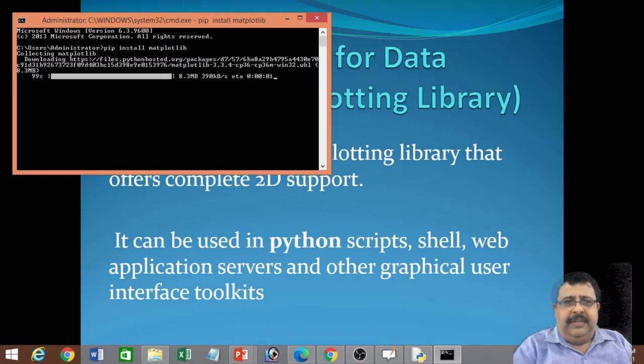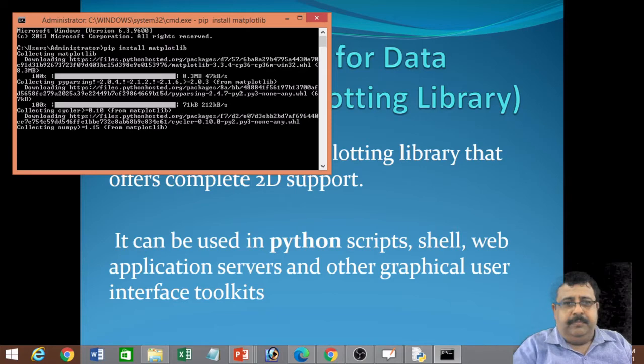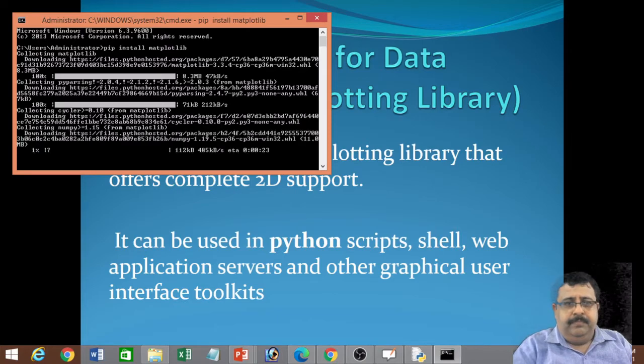Automatically, very quickly, it will get downloaded and installed. Not only matplotlib, but NumPy also is getting downloaded with matplotlib because these are interrelated. Therefore, they are automatically downloaded.